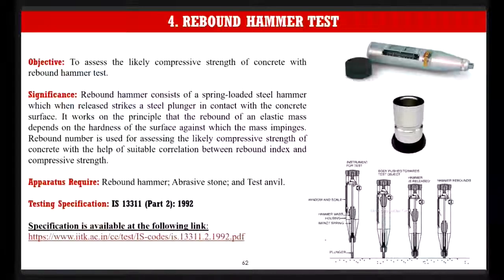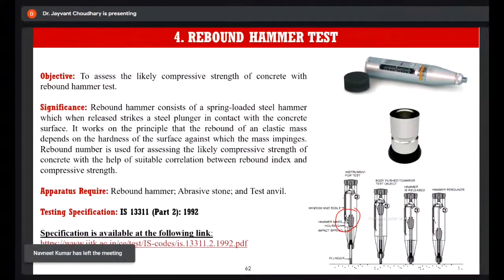Concrete. So it looks something like this. Basically it works on the principle that there is a steel mass provided inside the casing of the rebound hammer. When this steel mass is subjected to a height and then drops, it gives a rebound depending on